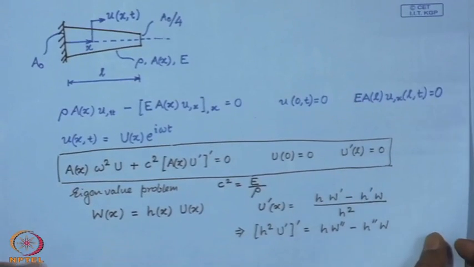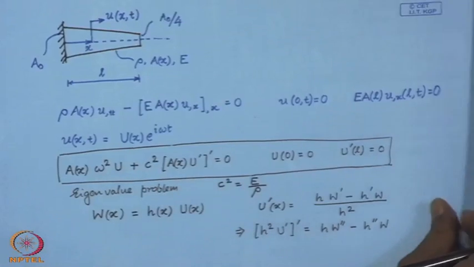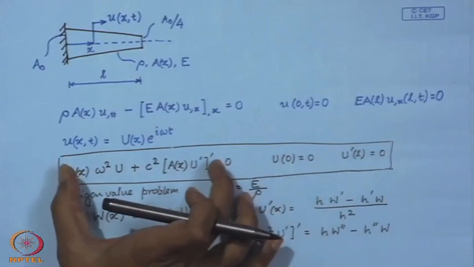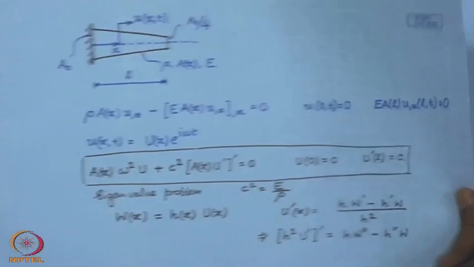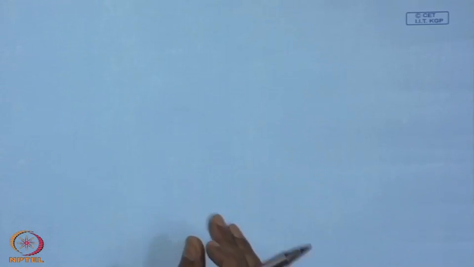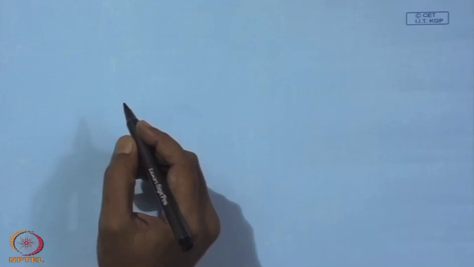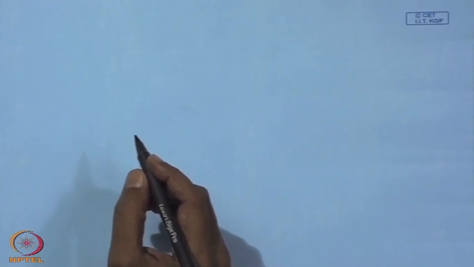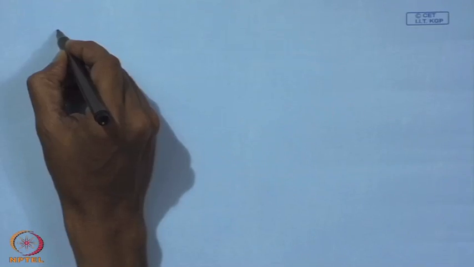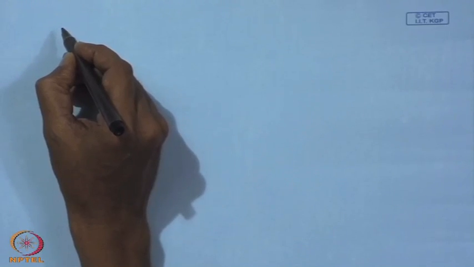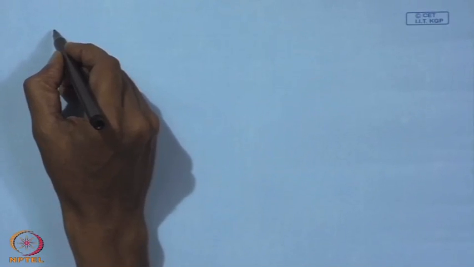And if you make this substitution in this eigenvalue problem, the differential equation of the eigenvalue problem, then you can very easily see that this will turn out to be